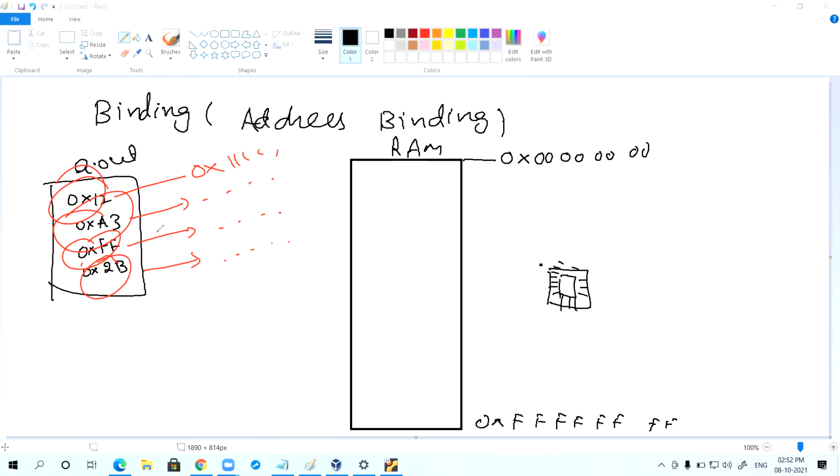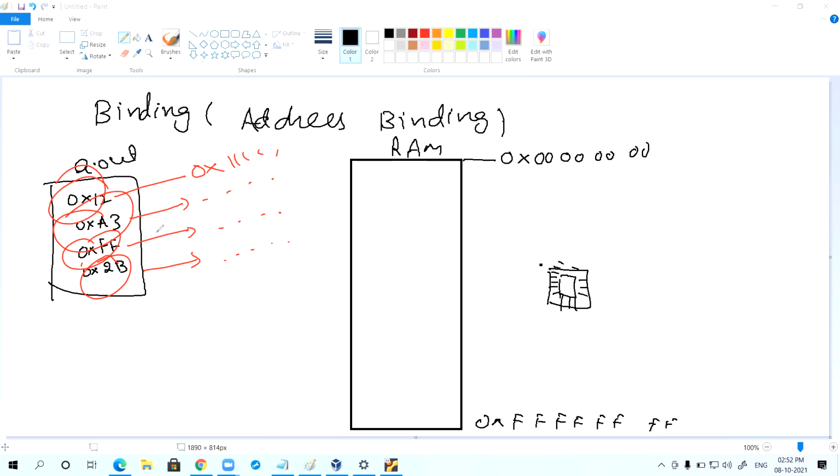That is raw code. Is it clear? In such a case, no matter how many times you dump your program into the microcontroller, every time these opcodes will get the same space, the same address space, which is decided at compile time. Every time, at compile time only, the address binding happens. That is compile time binding.